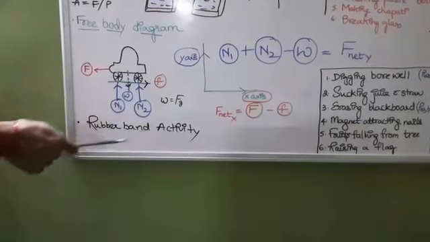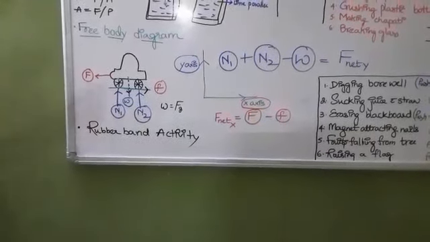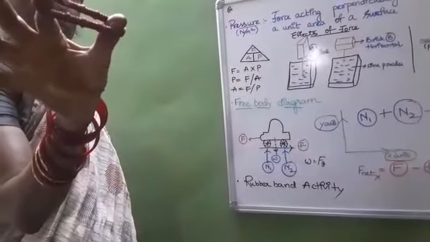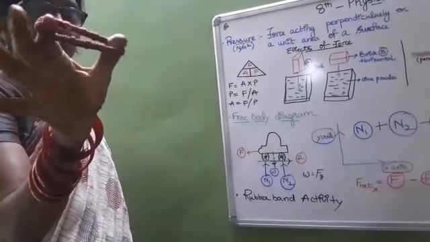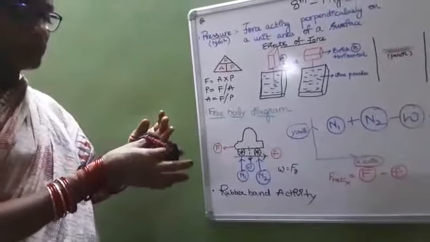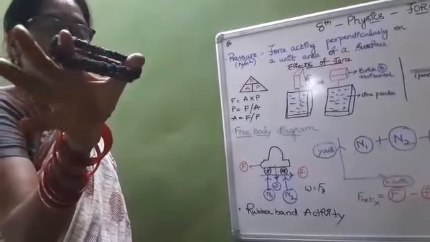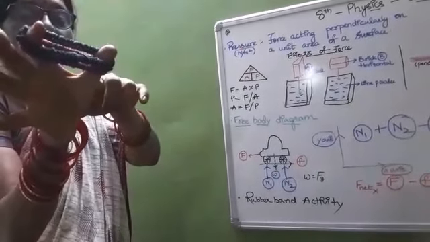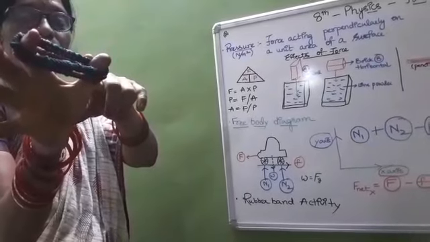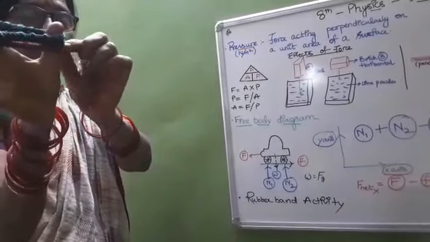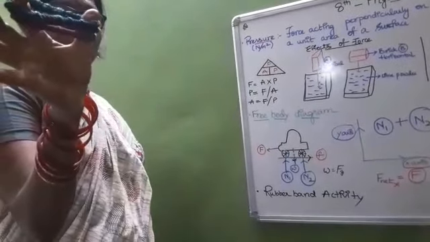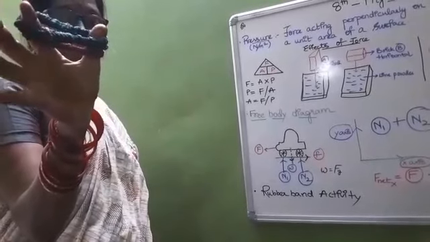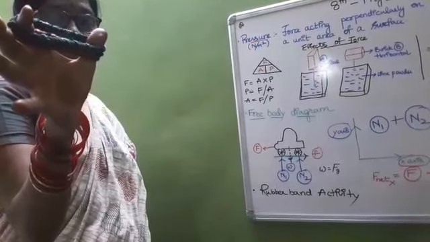Here is the rubber band activity. Let us take one rubber band and put it between your two fingers. Stretch it, and then take another rubber band and try to stretch it as well. But you feel difficulty when you stretch two rubber bands. The reason is that the tension created by rubber band 1 and rubber band 2 is greater. Rubber band 1, the red one, creates F1, and F2 is created by the green rubber band. The sum is 2F, so it is difficult for us to stretch them.